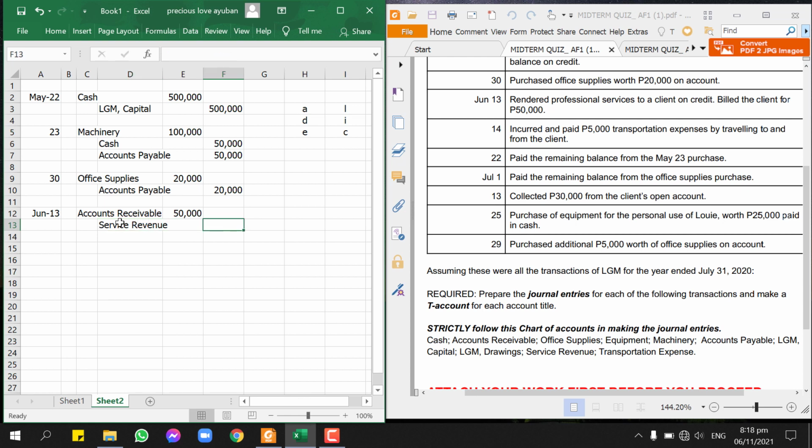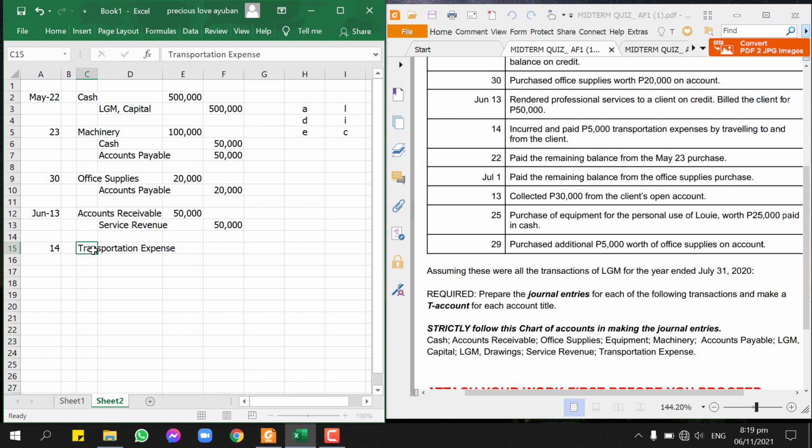Service revenue of 50,000. Okay? Next, June 14, incurred and paid 5,000 transportation expenses by traveling to and from the client. So, dito sa transaction, sa pag sinabing incurred, nakagamit or gumastos tayo and nagbayad tayo ng 5,000 for the transportation expense. So, again, walang pumasok sa business, pero na-analyze natin na nagkaroon tayo ng expense. So, since expense is nasa debit, so debit tayo ng transportation expense,